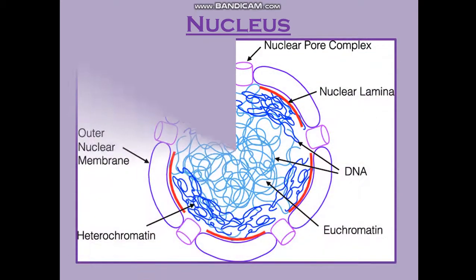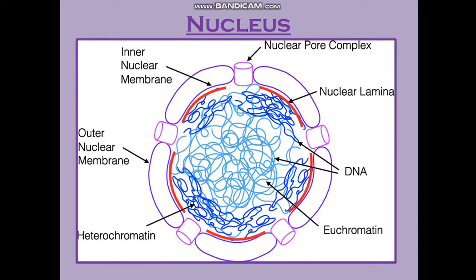Good morning, class 11th. Today we are continuing with cell biology, and the topic for today's discussion we'll start with is the nucleus. See, the nucleus was discovered by Robert Brown in 1833, and it is called the master of the cell or the brain of the cell. Why? Because it regulates almost all the activities which are going on inside the cell.